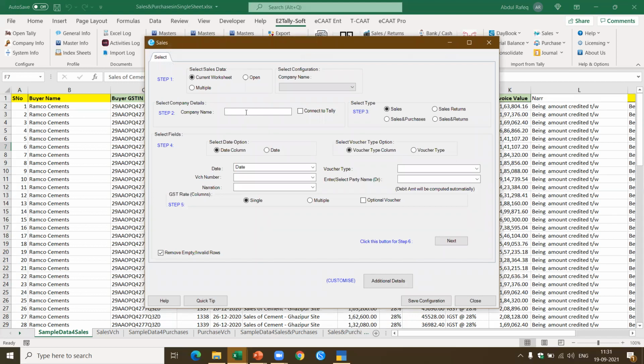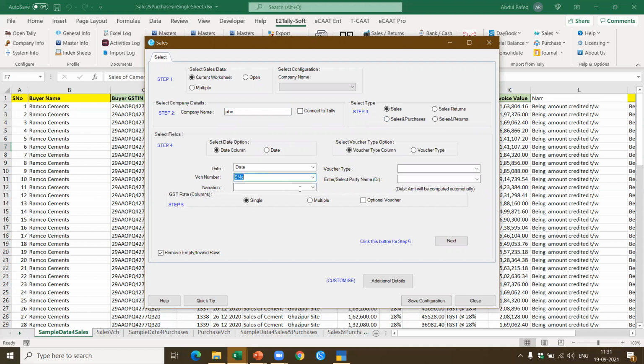Here, I'm going to give the company name. Let's say I'm going to give this ABC company. Now I'm going to use this feature of sales, which is already there. There are 4 options available here: sales. Now here I select the date. Automatically the date has been taken. I want to select the voucher number. In this case, I give the yes number. Either I can give a specific voucher number, or I can select the particular column.